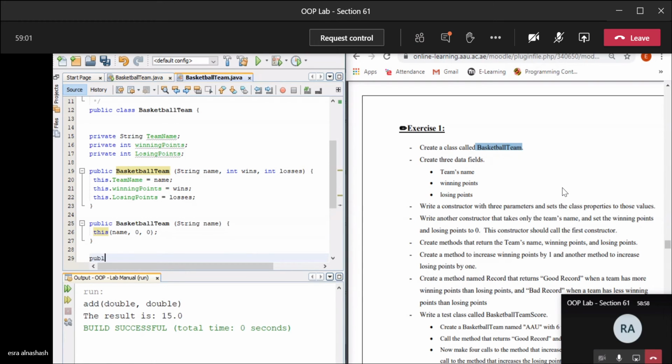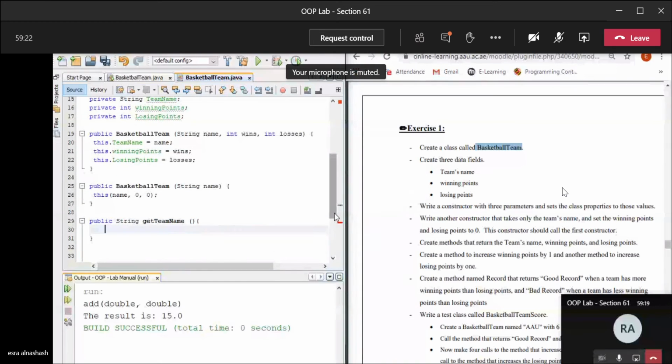So public. The team name is a string, so the return type should be string. Then I can name the method getTeamName. As we said, a get takes no parameter, so the parameters will be empty. Then return